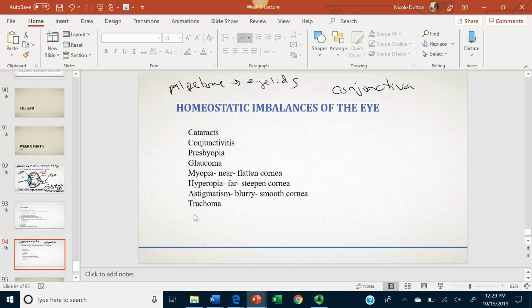And then we have trachoma. Trachoma is actually a chlamydia infection of the eye that leads to blindness. This isn't your run-of-the-mill STD chlamydia that we have here in the United States. This is a specific strain of chlamydia that's found in different parts of Africa, predominantly like Western Africa, and it's transmitted by flies. So the flies land on an infected eye with that chlamydia strain, and then the fly lands